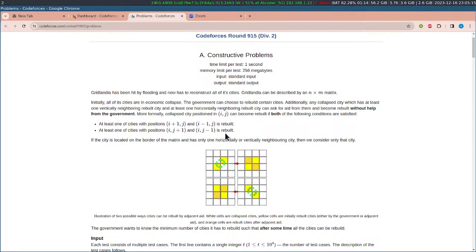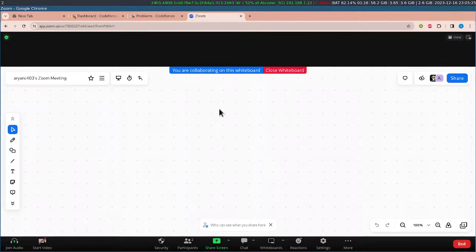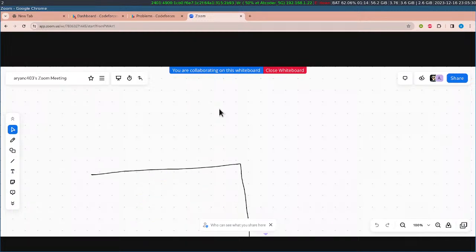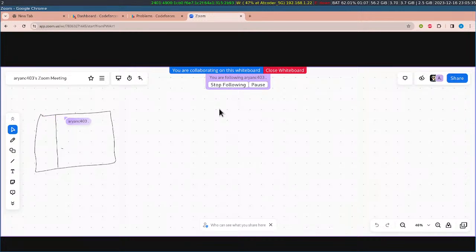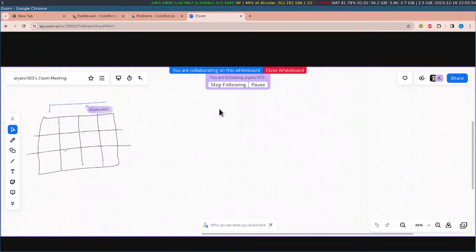Now we have to find some way: is it possible to achieve it in maximum of n comma m? My claim is yes, we can do that. For example, if the initial cities look like this, then we know that we need at least 4 cities, one in each column, and we also need at least 3 cities, one in each row. And my claim is, let's say we build cities like this,